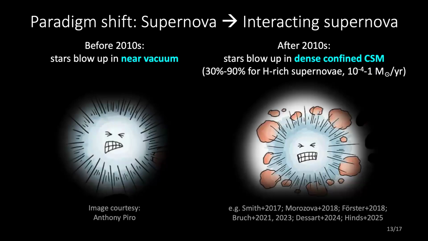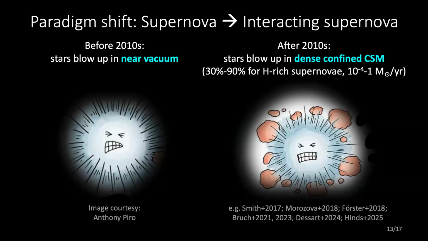And this can actually be a significant fraction of supernovae. Normally what people assume is that just before the stars die, they undergo an eruptive mass loss phase, where they have enhanced mass loss just before they die. If you try to fit a mass loss rate to all the observational signatures, you get a fairly large mass loss rate, like 1 solar mass per year. You can imagine if you lose mass at this rate for 10 years, you lose the entire star. So this can only happen just before the star dies. Otherwise, you wouldn't see them at all. So this is quite puzzling: why would the stars suddenly decide to have this enhanced mass loss